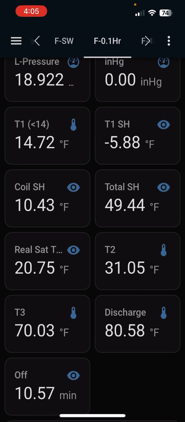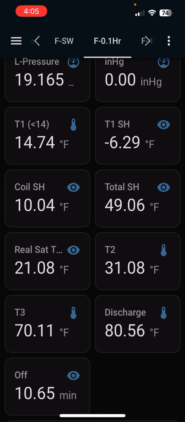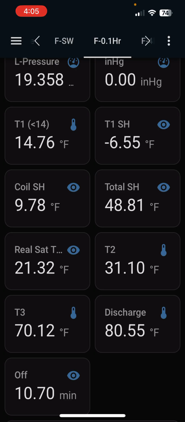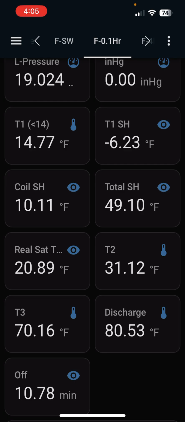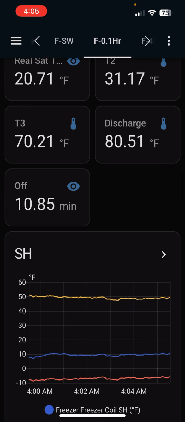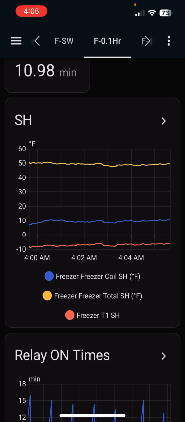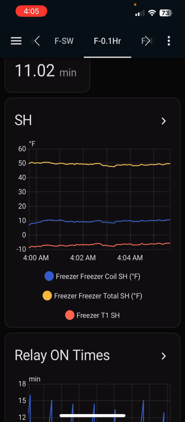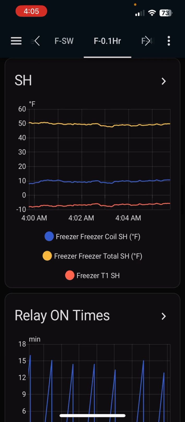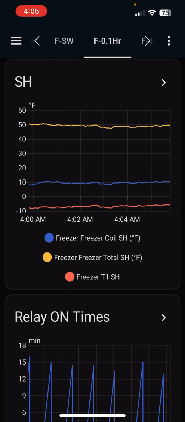This is all data. If you're into refrigeration and you want to learn exactly to some degree how everything is working inside the refrigerator, like all the different temperatures and all the different things, in other words, the dynamics of refrigeration, this is a great way to learn. And you could use the ESP32 to learn. I built my own freezer. I built this freezer from scratch, and I'm using the Home Assistant app and the ESP32 to be able to see this data. So here I got the superheat, the coil superheat, the total superheat,